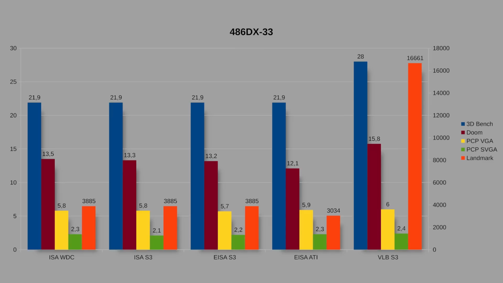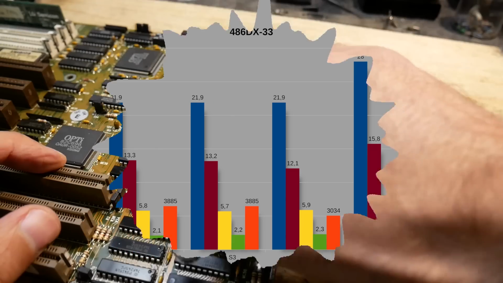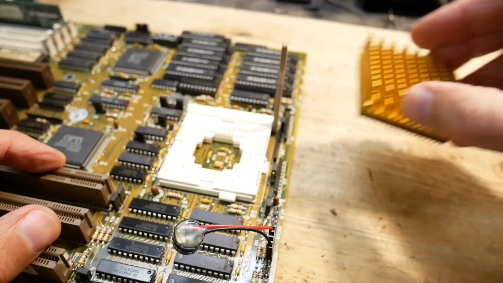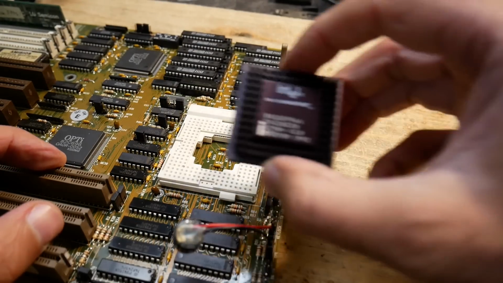VLB was faster by about the same margin. Well, those were not the results which I expected. I knew that VLB would definitely beat the EISA, but I didn't expect ISA to run exactly just as fast as EISA, so I thought maybe with a faster CPU the difference would be more obvious and decided to try a